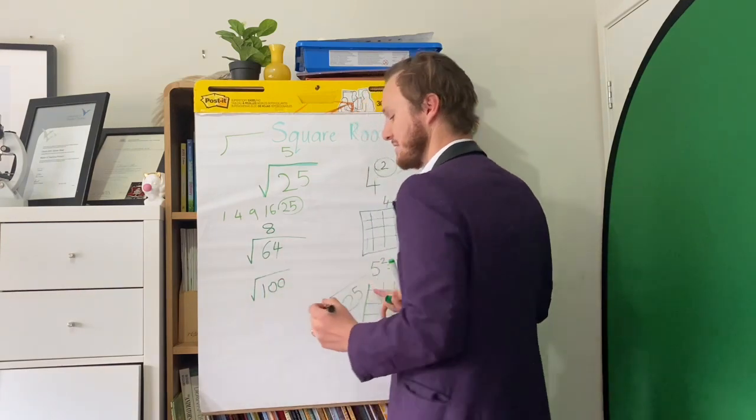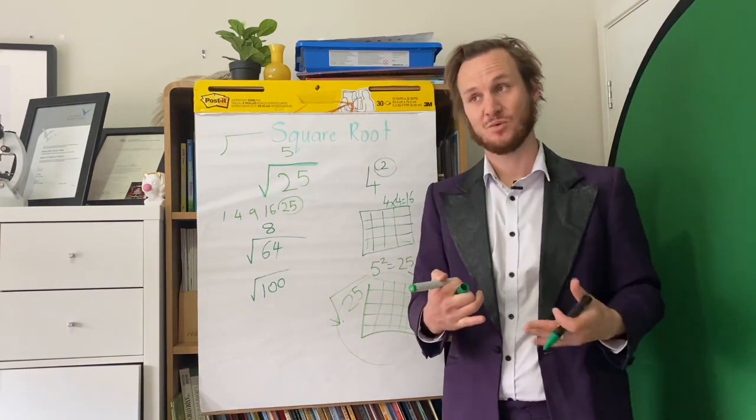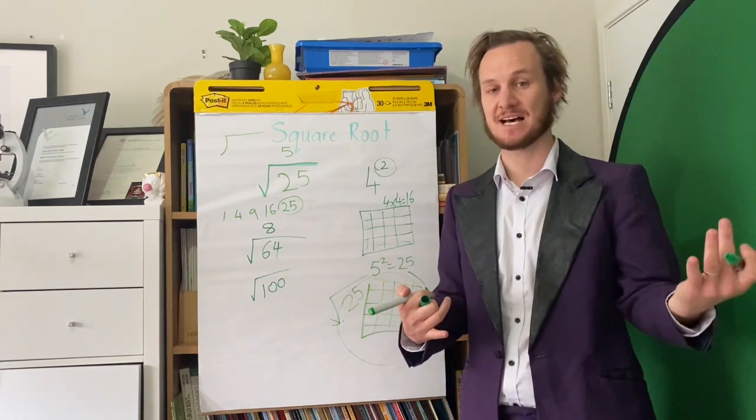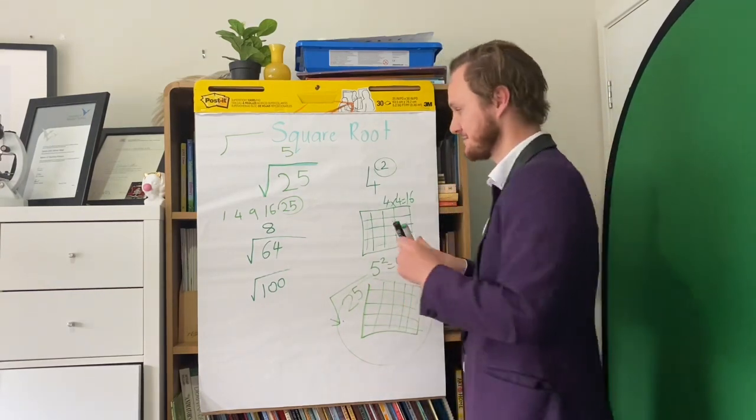Easy one. What's the square root of 100? Which number times by itself equals 100? 10. 10 times 10 is 100. Now some numbers,